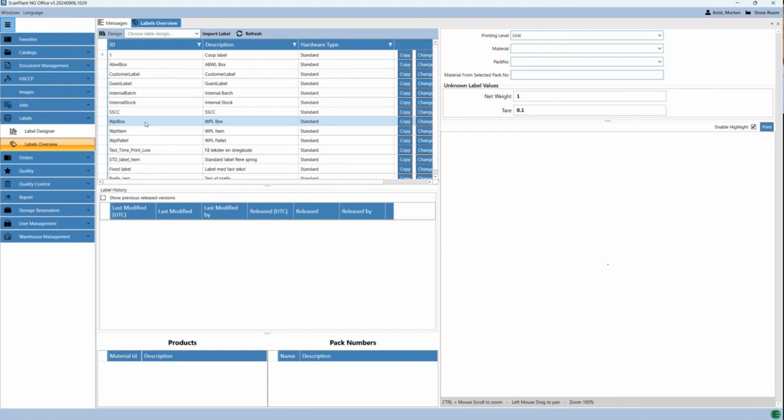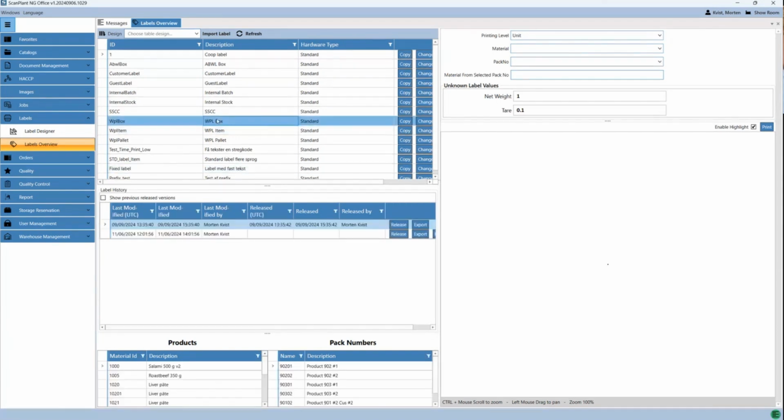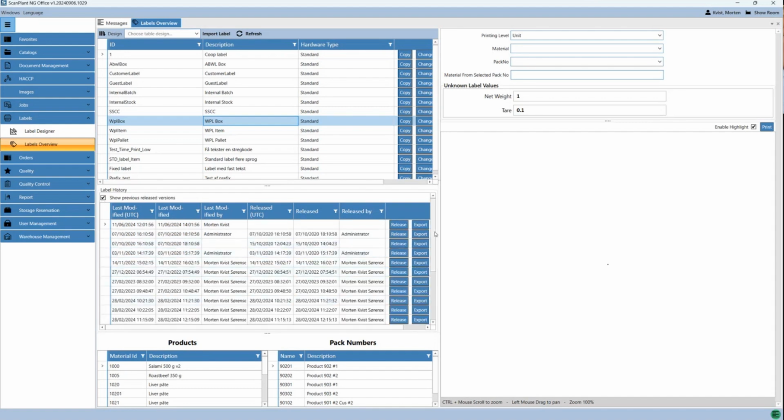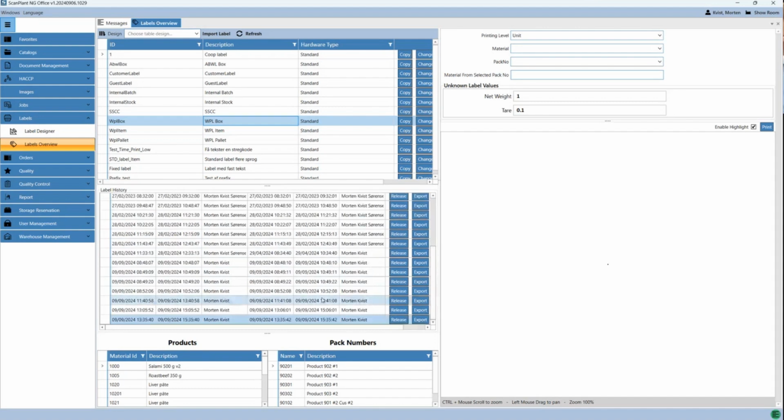As I said, it's the packing station, and packing station is VPL, so I want to show the VPL box. Here, the VPL box. And then down here, when I select a label, I get the different revisions of that label in this window. This shows the latest released version and a draft version, if there's a draft. I can also click on this button, and then it will show me all of the previous versions of the label. So we have a version control of the labels. So then you can go back and find an earlier version of each label.